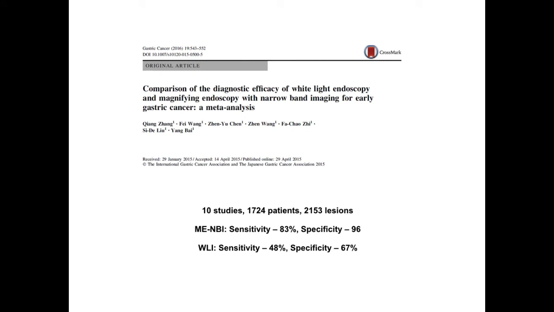Okay, so now that I have discussed how to use narrowband imaging examination to detect early gastric cancer, what does the literature suggest about the efficacy of image enhancement compared to white light endoscopy? The meta-analysis has clearly shown that image enhanced endoscopy has a much better efficacy; sensitivity and specificity are much higher compared to white light in detecting early gastric cancer.